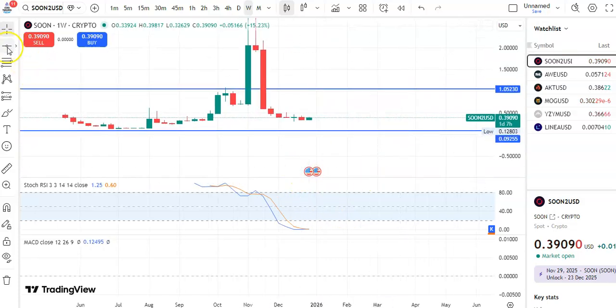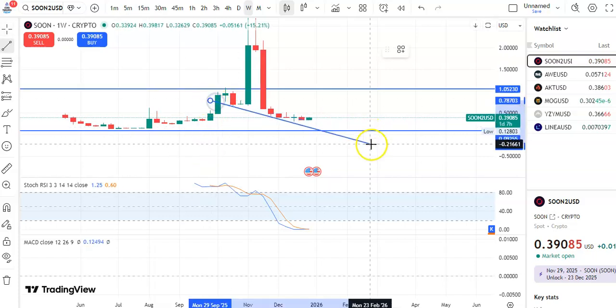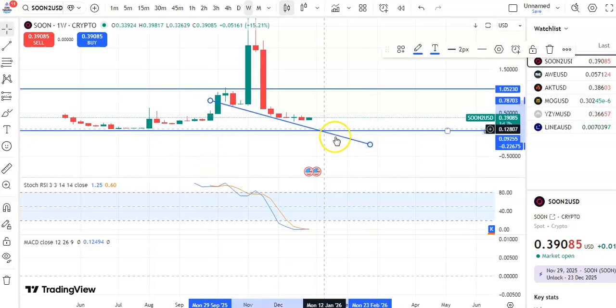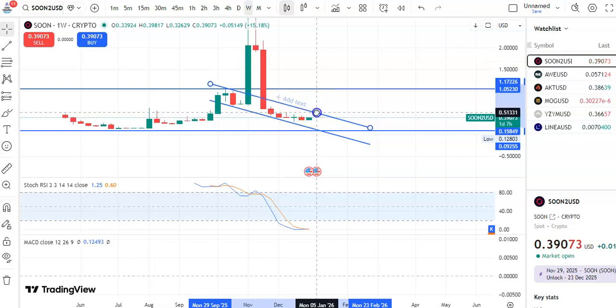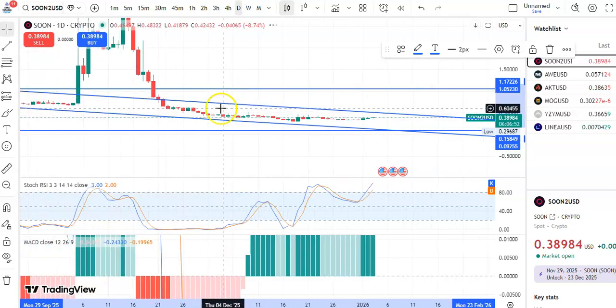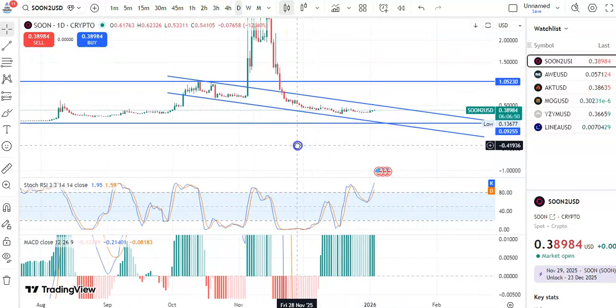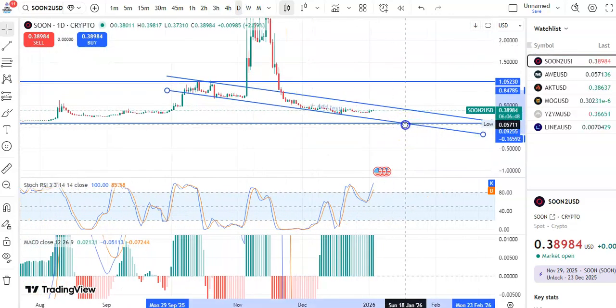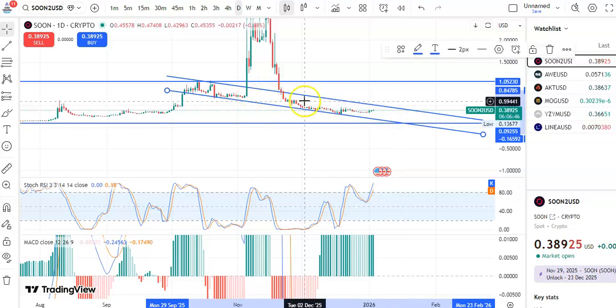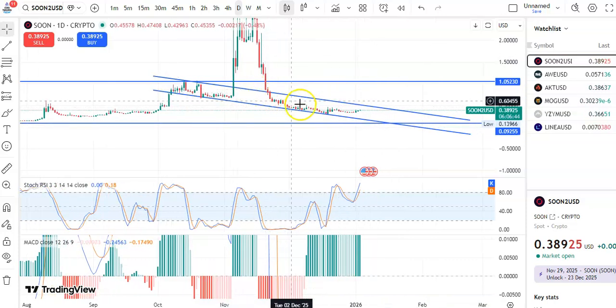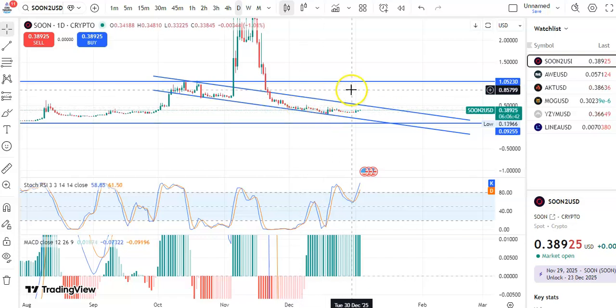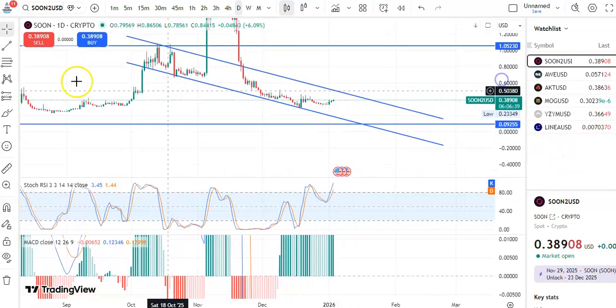So if you draw the trend line, you can see this is the support trend line, and this is the resistance trend line. So within this channel pattern only, the candles are falling. If you go to the daily chart also, you can see that candles are falling in this channel pattern. After this continuous fall, the breakout happened and then the candles have started moving in an upward